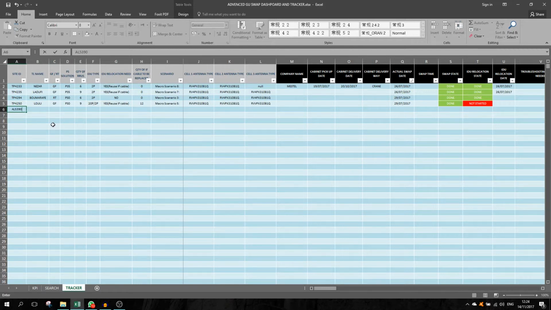AL5390. Okay, as you can see, this data is being grabbed from the engineering database, from ZTE engineering database, which is called, I guess, GeoSwap solution. Yes, GeoSwap solution. So no need to record all the data. All you have to do is to put the site ID, and all the needed data will appear automatically, like